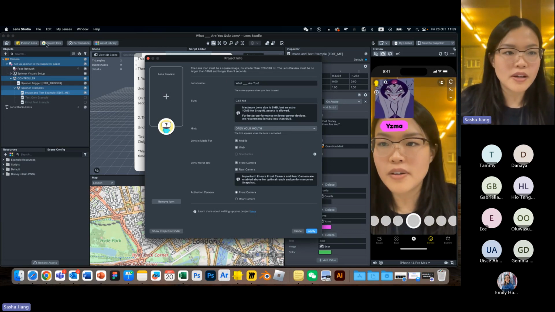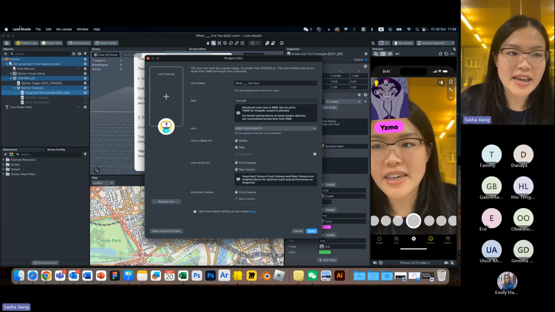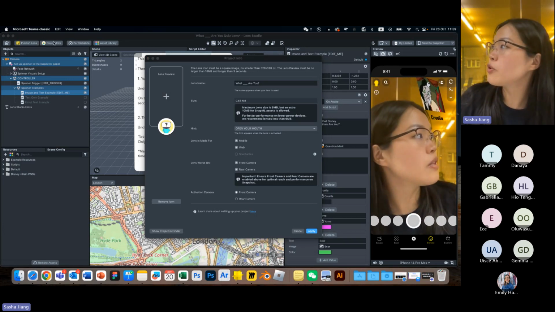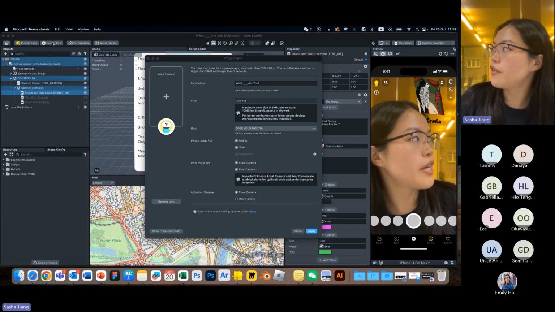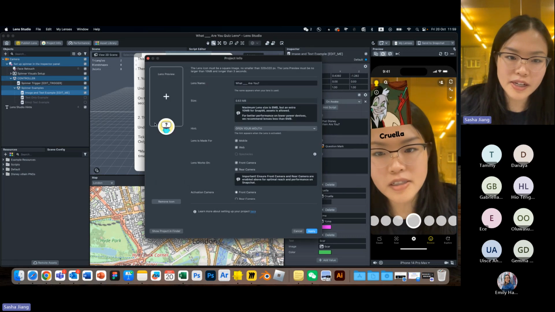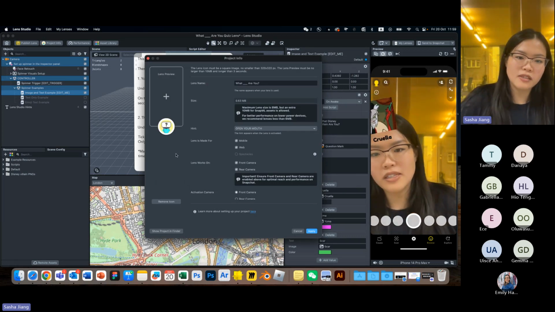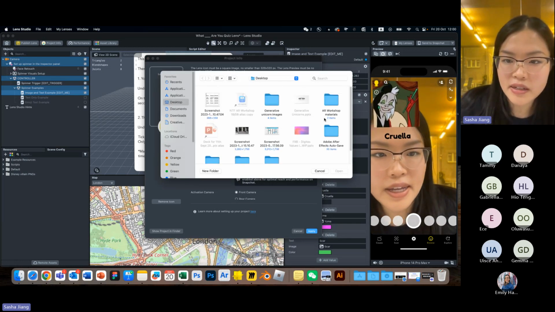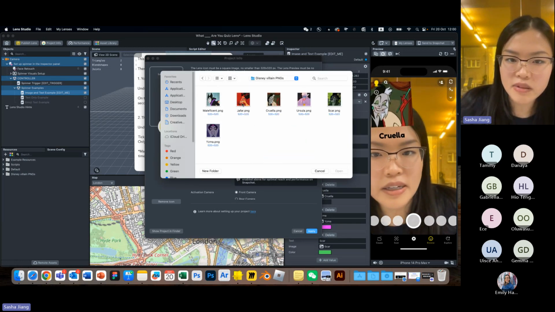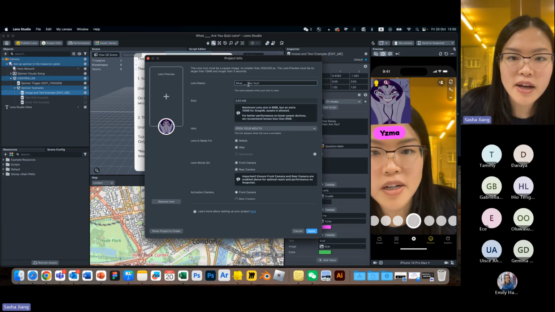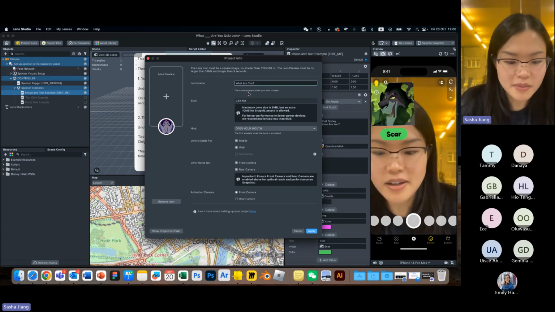So if you have trouble finding it, again, it's top left corner, and then where you see publish lens, there's also project info. So we're at project info. And what I'm going to do is click on the little icon here. By default, it's a little robot with a question mark. I'm going to click on it, and let's just say, to be quick, I'll change it to Isma because we love her so much. And then I'm going to change the name to